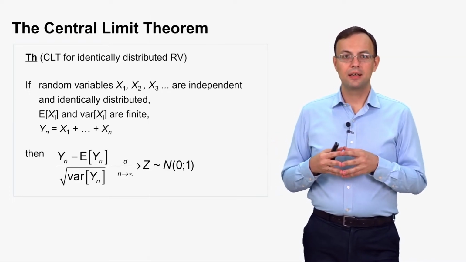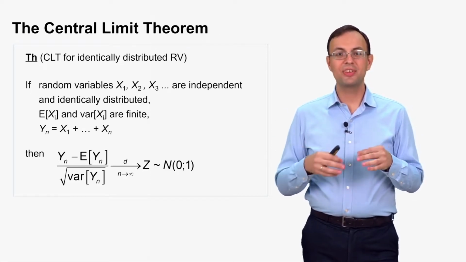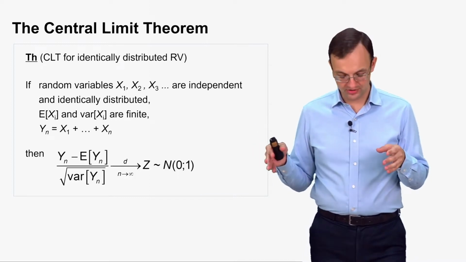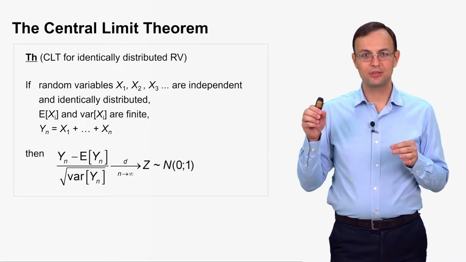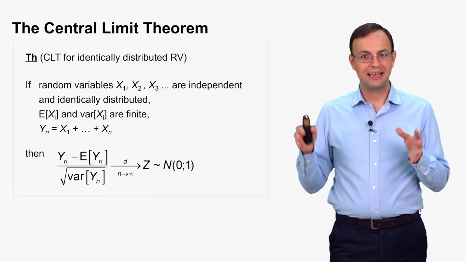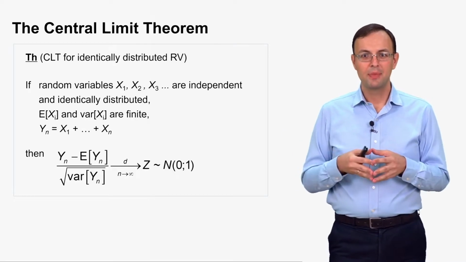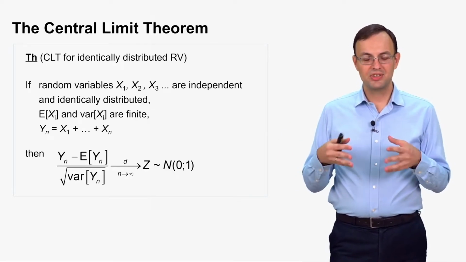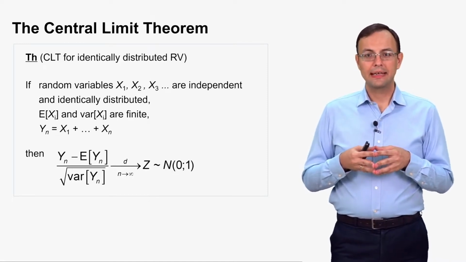And now we are dealing not with the arithmetical mean, but with the sum of the first n elements of our sequence. So yn is x1 plus x2 and so on up to xn. Sum of the first n elements of the sequence. And so the theorem states that if it is so, then y,